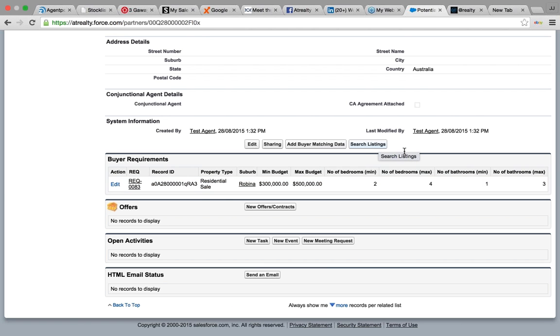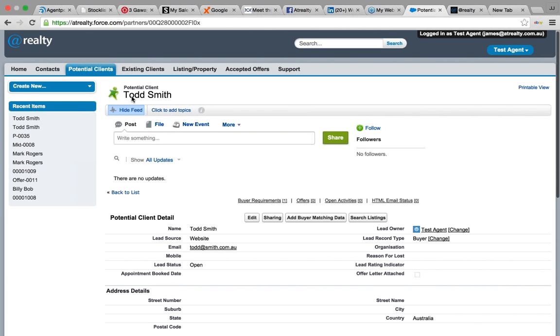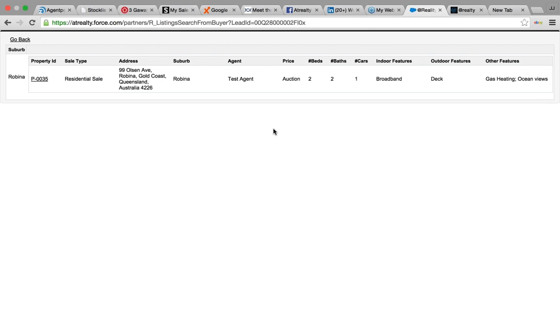So now I can search listings. I'm in Todd Smith's record here. I can search listings for Todd Smith, see what we have. And 99 Olson Avenue pops up, and that's in Robina, and that suits what he's after. Because I am the agent, I'm able to click into the property and then look at the details of that property, maybe generate a brochure to send to him. But if I was not the agent and another agent had it, it would just simply have the agent's name and it would not be able to click on the property. So going back,